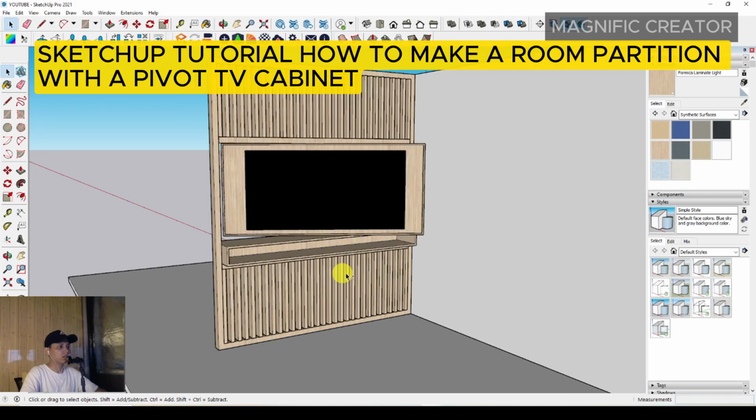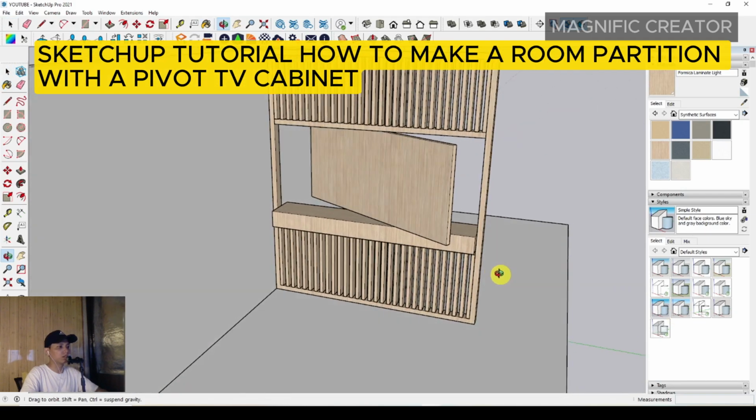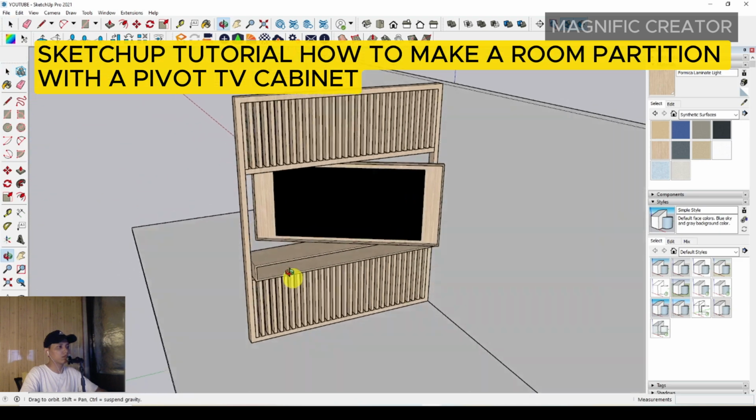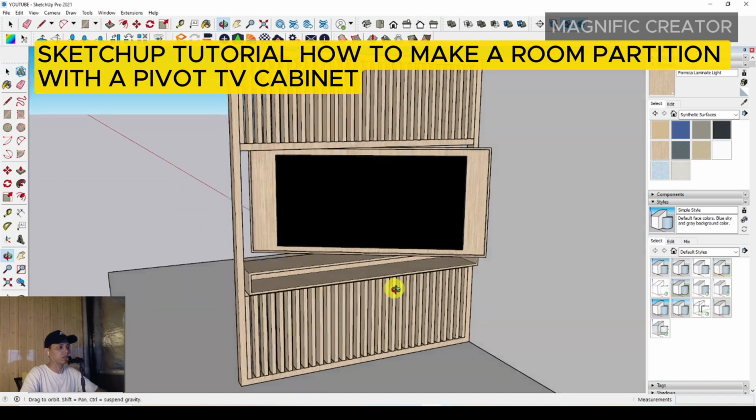In this video, I'm going to explain to all of you the tutorial on how to make a room partition with a pivot TV cabinet. Okay,